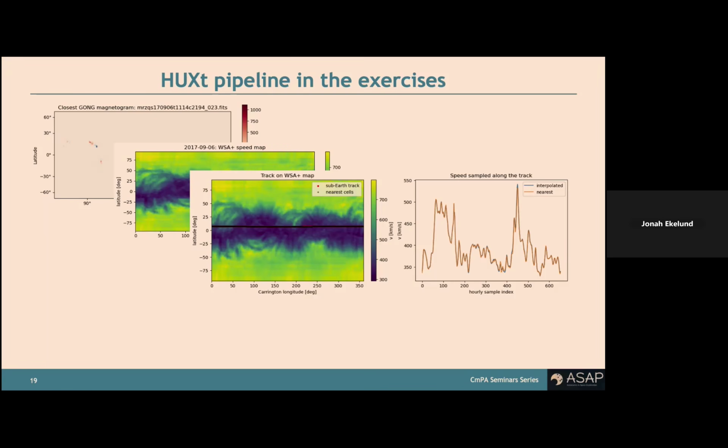Actually, it's also a way to estimate uncertainty. There was a paper by Owens using this method. Actually, no, I should say it was a paper by Matthew Piltcliffe, I think. Yeah, but it was with Owens. And so if you do that, you get this kind of speed profile, right? And then you put that speed profile into the solar wind model, which in our case is going to be Huxley, right?